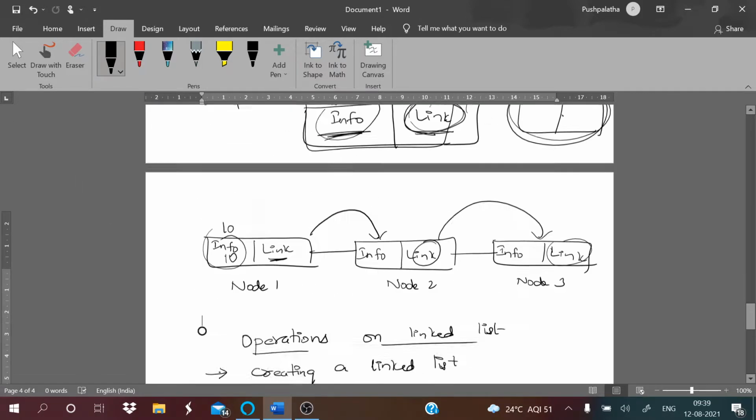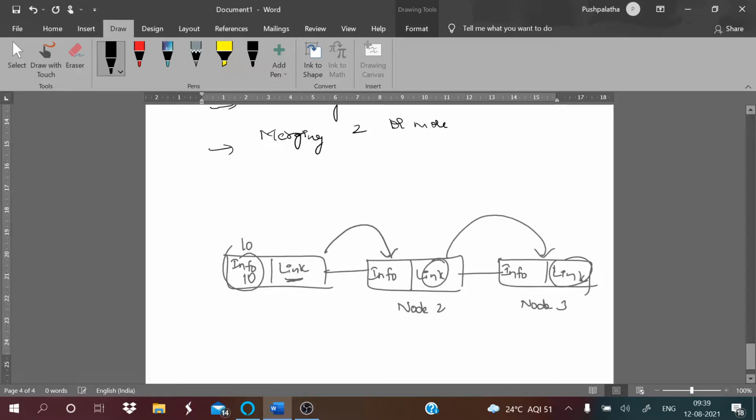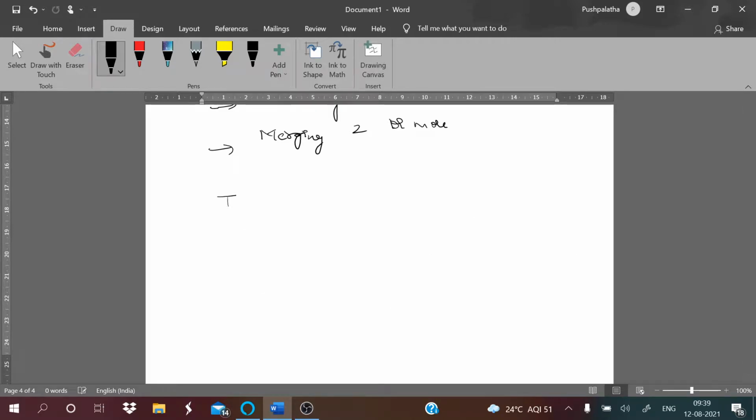And then again, types. We have different types of linked lists. There are 3 types of lists. They may ask you this question for 3 marks.